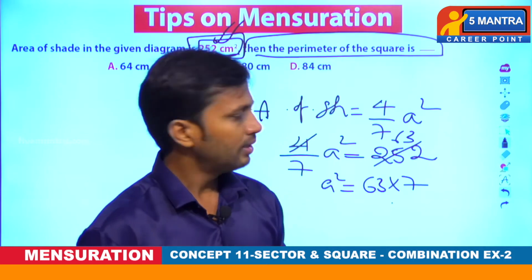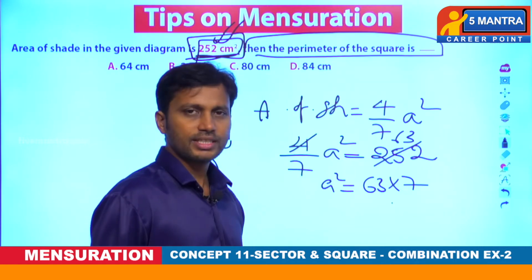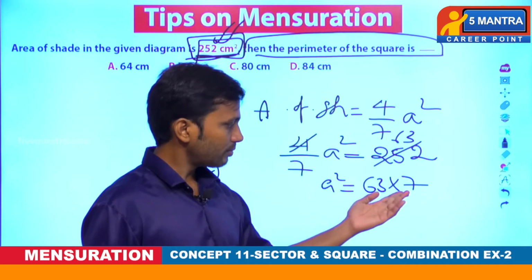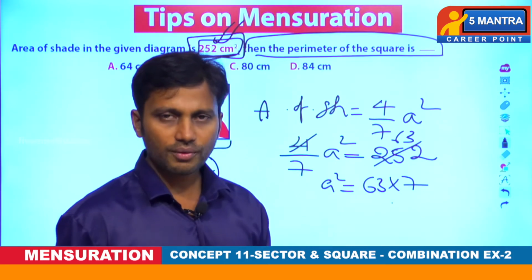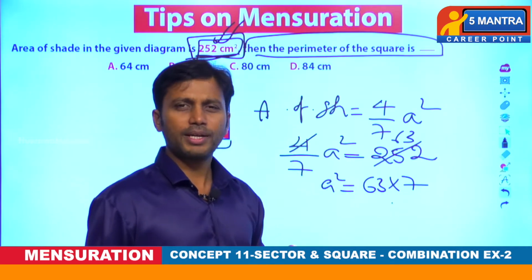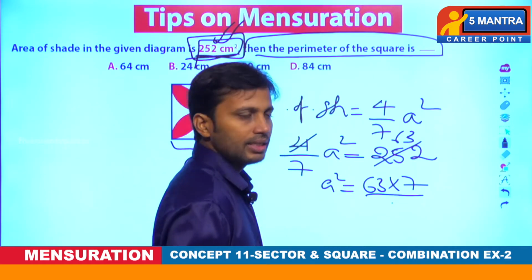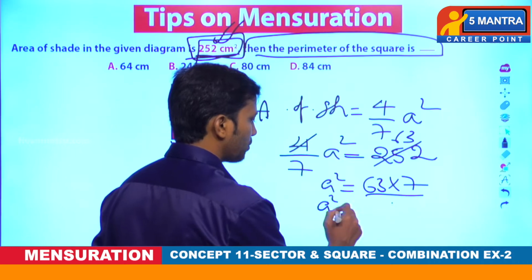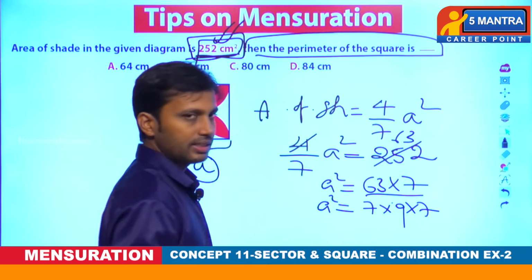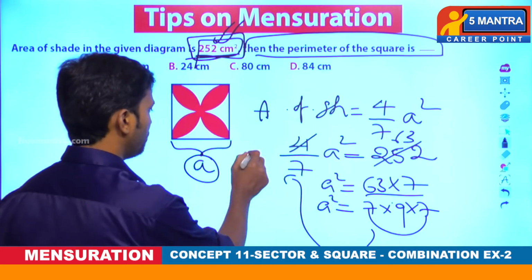Again I am telling you, the same thing I explained before, but once again for non-math students: here don't do any calculation, don't multiply 63 with 7. Otherwise it will be more than 400, and then you need to find the square root of that. It will be a bit difficult. So what we have to do is further factorization of 63. Then we get some link for that. So 7 into 9, can we split like this or not? We split 63 into factors.